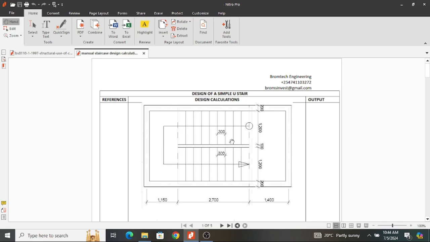And this enables us to assume that there is no support here, and the stair is not distributing its load to any support at this point. So this beam that has been placed here, or this element, is just to show the boundary of our staircase. And in this case, the most important beams that we need to consider when designing a staircase are these ones. However, sometimes you have a support at this point that is supporting your staircase. Therefore, you're supposed to distribute the load to all supports that are surrounding it. But it is safe to design a staircase as a one-way spanning slab, so that it spans only along